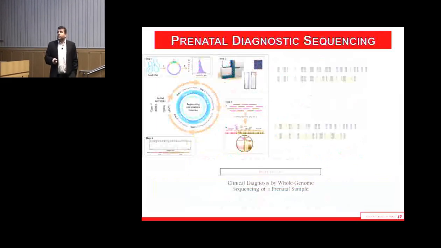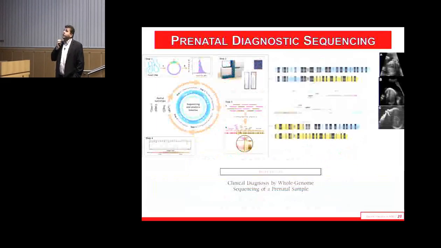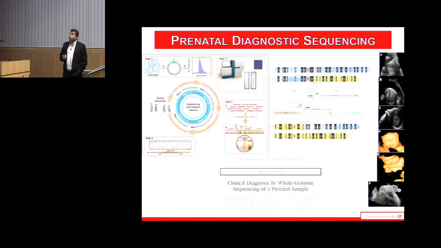Genetic diagnostics. I don't want to belabor this too much because this is old, and we were talking at dinner last night that we had sequenced all these genomes, and yet this paper was one, and it became a publication simply because of who it was. So this was a case that had multiple congenital anomalies and a translocation that came into the clinic, and based on the methods we had developed, they asked if we could do it on a research basis. So they signed into a research study if we could provide a prenatal diagnosis of the case based on having a karyotype.